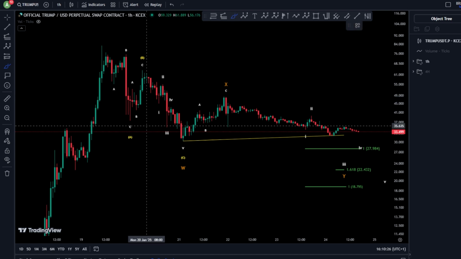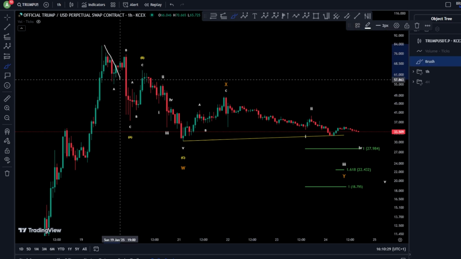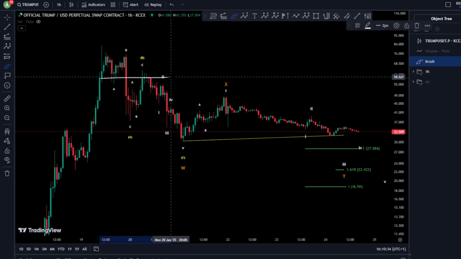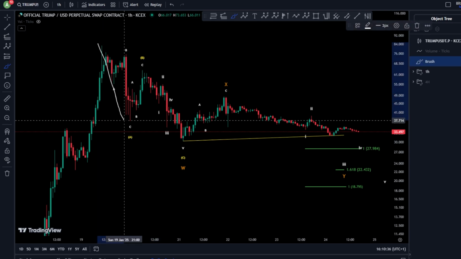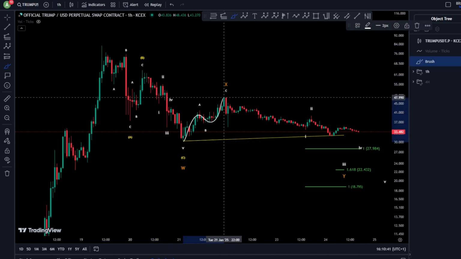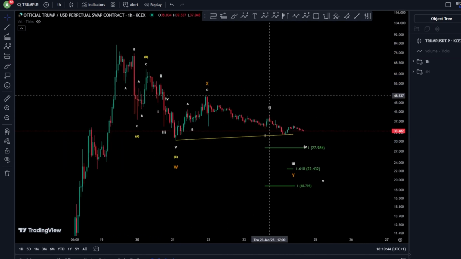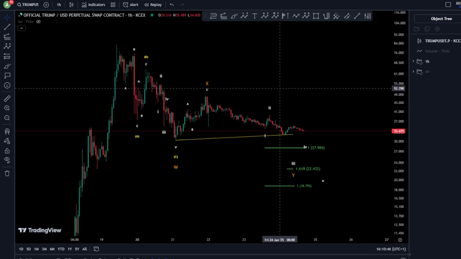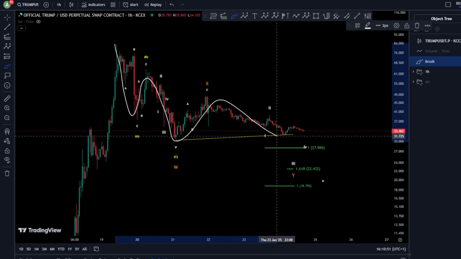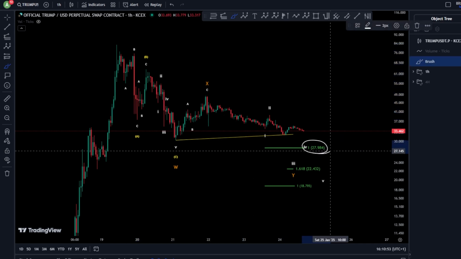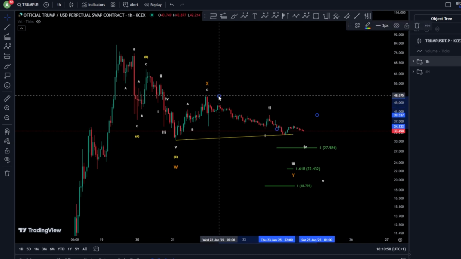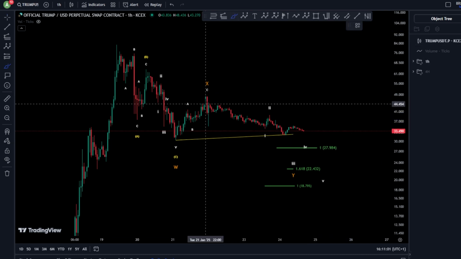So what I got through the waves here, we got, of course, at the end of A, B, C, 3 waves down, because as we said, this is not an impulse interfering with wave 4 and wave 1. So A, B, C for W, and then X as A, B, C for X. And now you're looking for a wave Y or for a zigzag, or for a simple regular flat. So, first targets could be $70 or $28. Yeah, hitting the 1-to-1 fib level, taken from this part here.